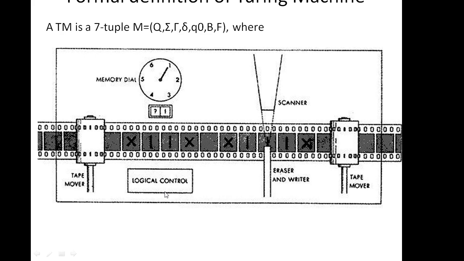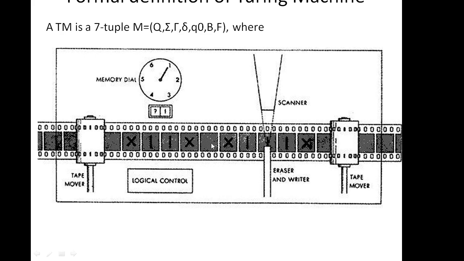The logic controller is basically our automata that we're going to design, which will decide whether to move right or whether to move left on the tape. So this is very clear. Since I've shown you the actual diagram, you know that it is a rotatory system and it can move right or left. This is what your read or write head would look like. On the tape, either you can write some symbol or you can read from it.